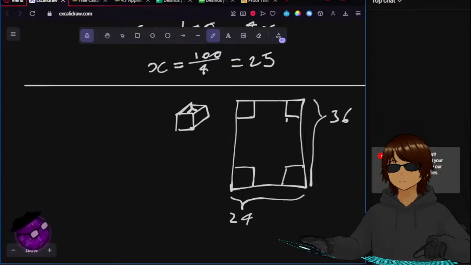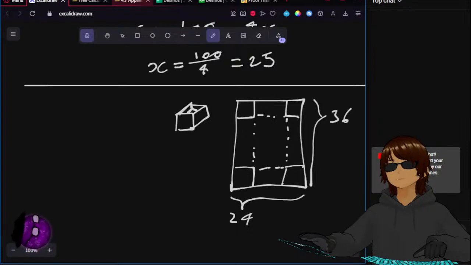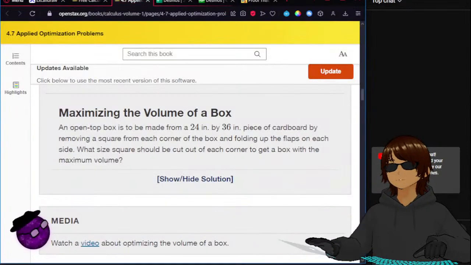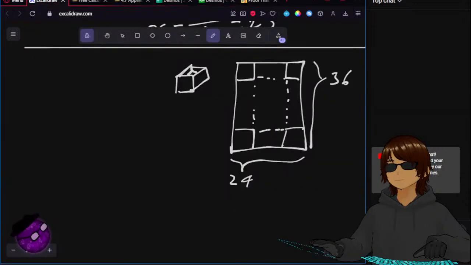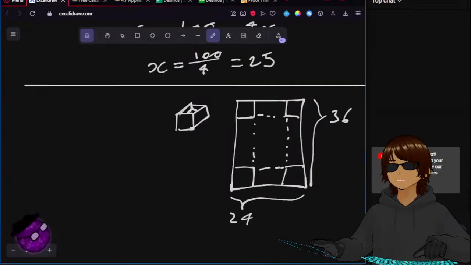And then we have to fold these flaps to make the box. What size square should be cut out of each corner to get a box with the maximum volume? Okay. So